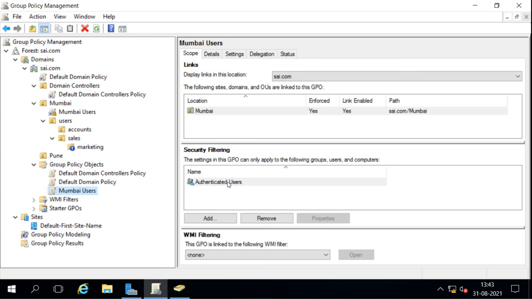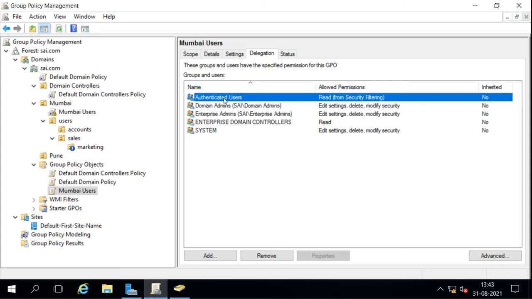Then we can go to the delegation tab here, where we can define which users have the specified permissions for this OU. By default, you can see the authenticated users are there, and that means these users can read from the security filtering.